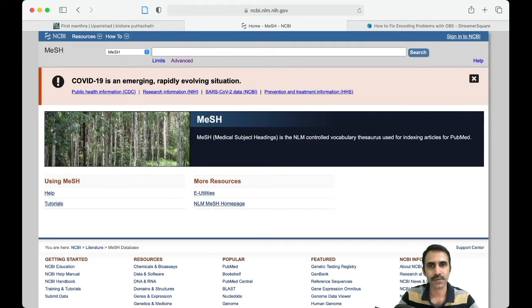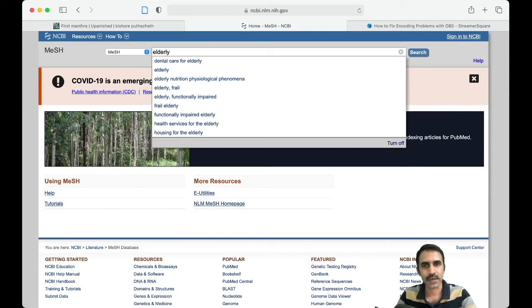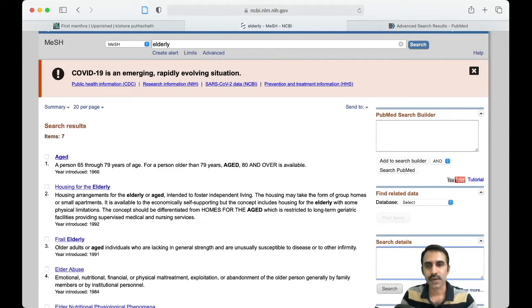For example, if you want to find out the MeSH term for the elderly, type in the word elderly in the search field, and you will be directed to some search results. Aged is the search term for elderly, and you can click on that and add it to the search builder.